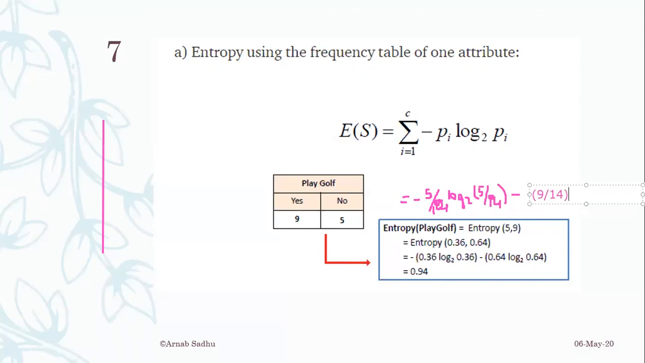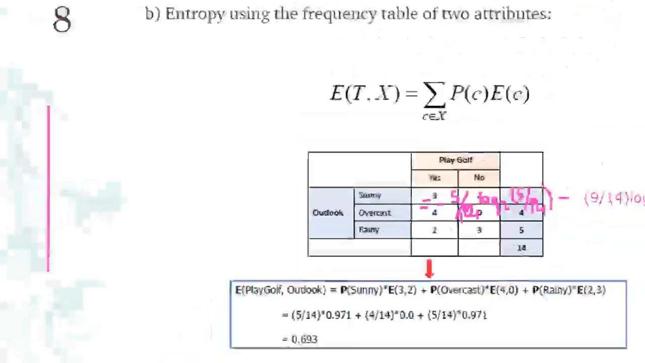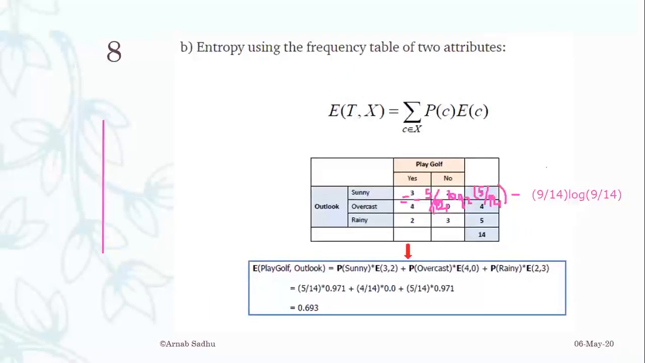9 by 14 is 0.64. So this is the output, minus 0.36 log to 0.36 minus 0.64 log to 0.64. So the output will be 0.94. That is the entropy. Okay, so if we have two attributes to look for while calculating entropy, if we have